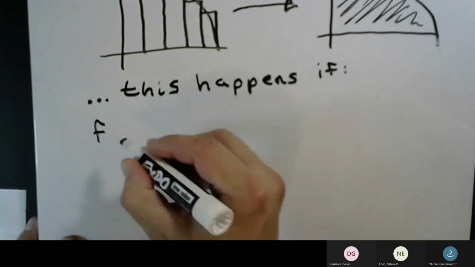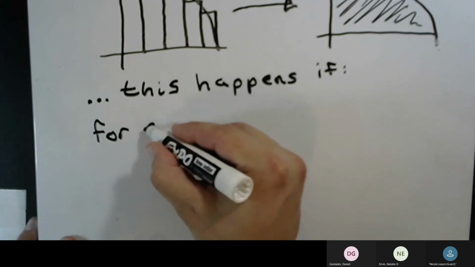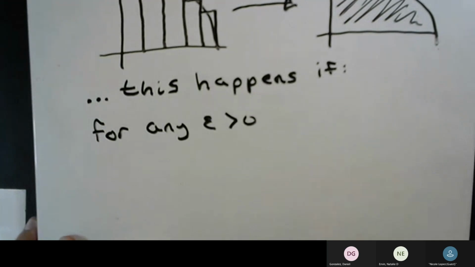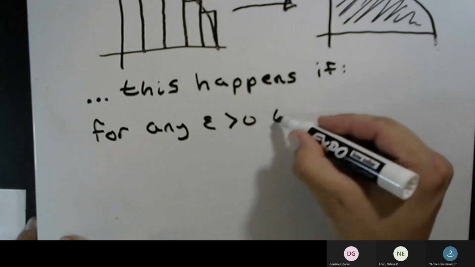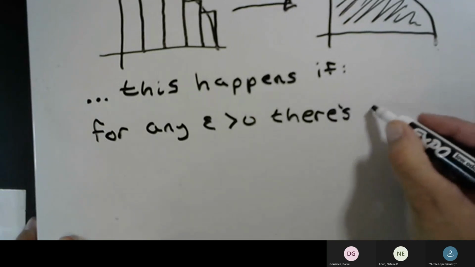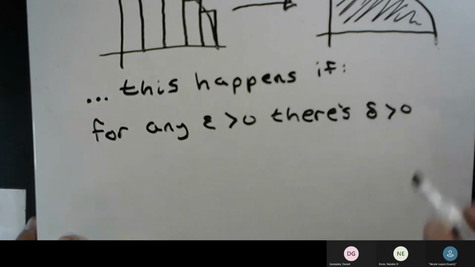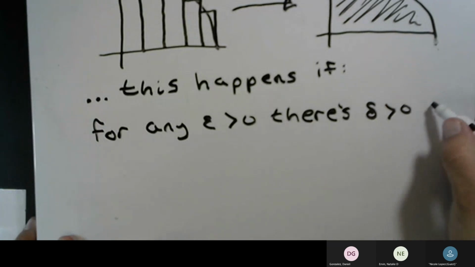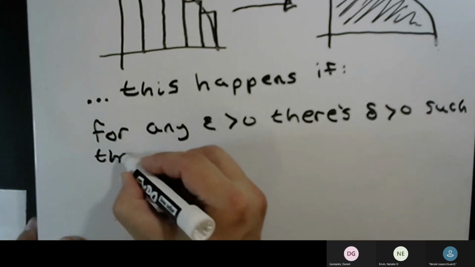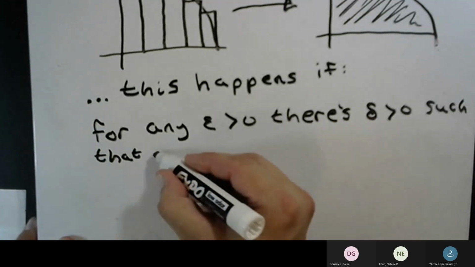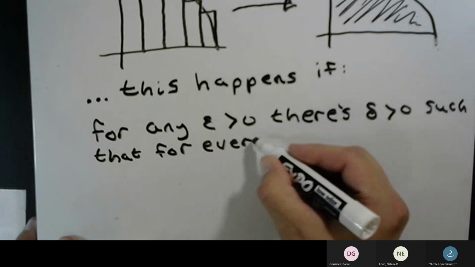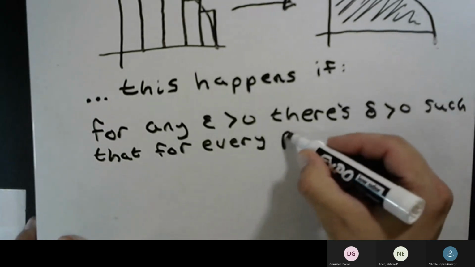If for any epsilon greater than 0, there's delta greater than 0, such that for every partition